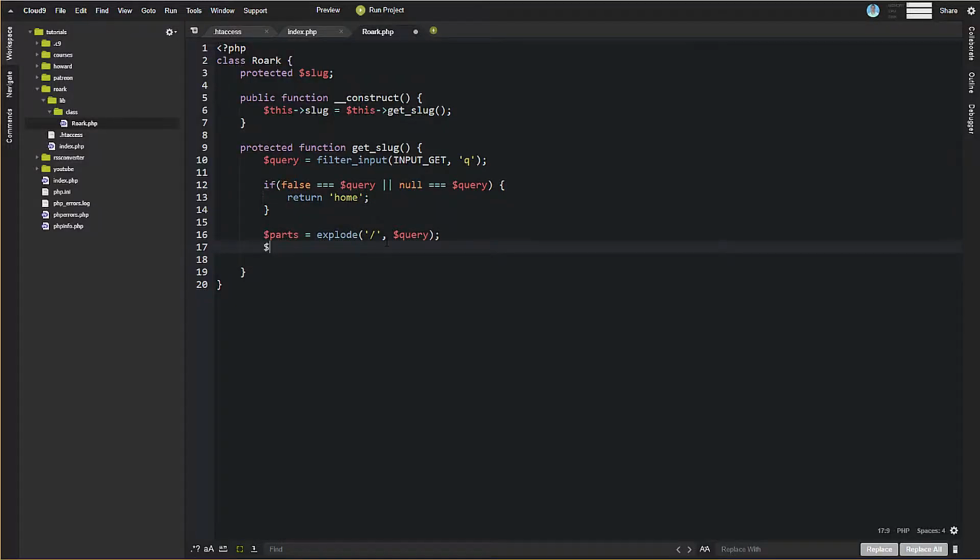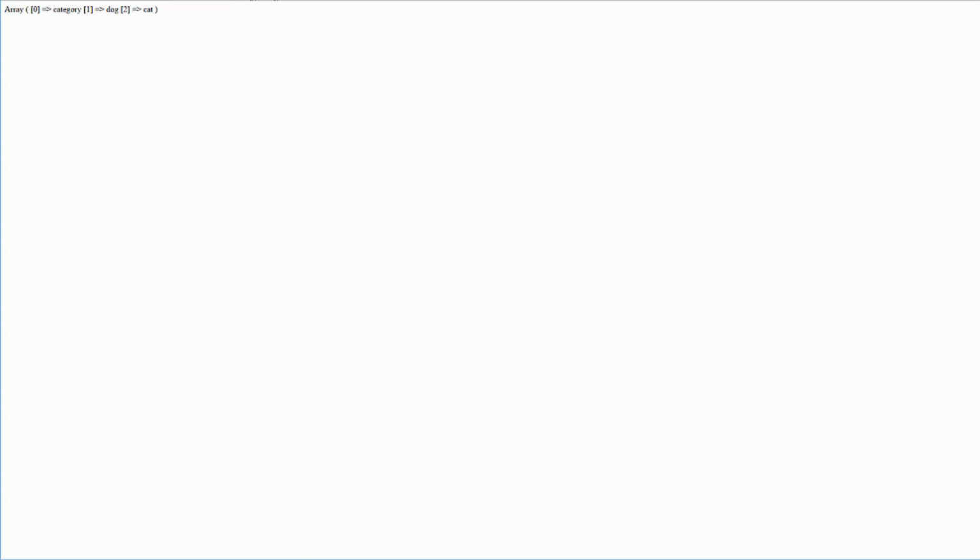So what we're going to do is get the count of how many items are in our array. We're going to use the count function in PHP, and we're going to pass in parts. That'll tell us how many elements are in that. If count is greater than 2, well, we know that that's an invalid URL or an unsupported URL, because in our category, the